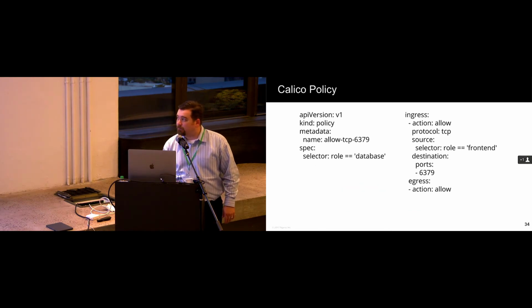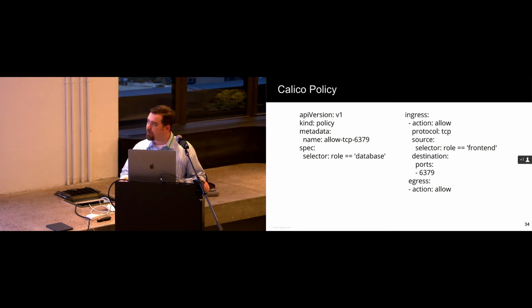So for example, if I wanted to write a Calico policy, it might look something like this. The first thing is that I give it a name, allow TCP 6379. But the most important thing is the first line of the spec. And by the way, all this ingress and everything here is also YAML, so it's all indented